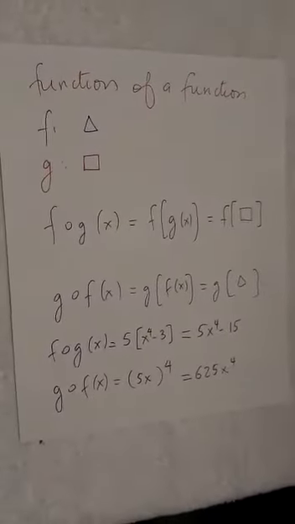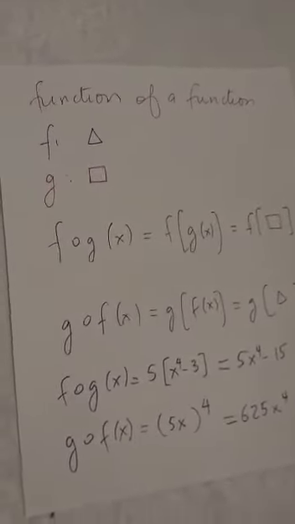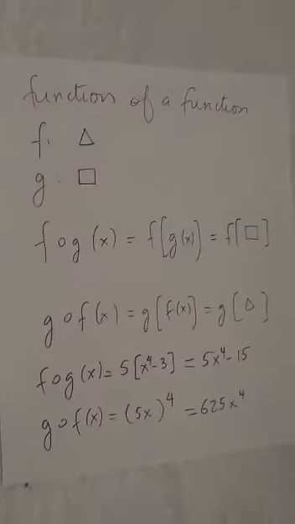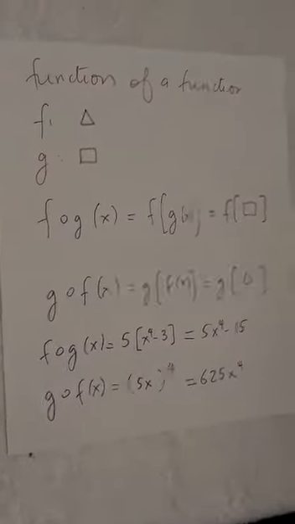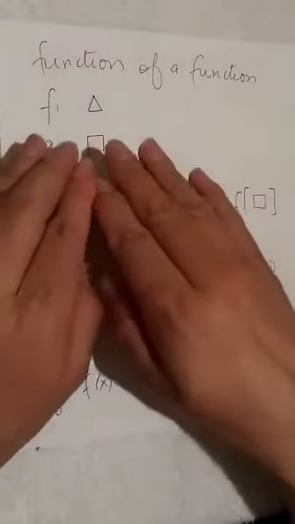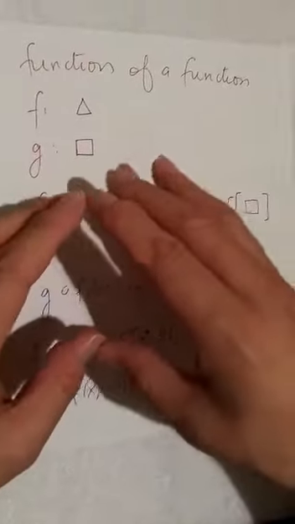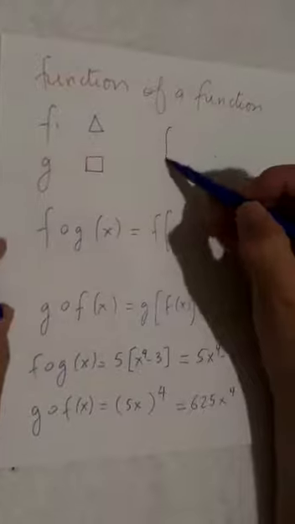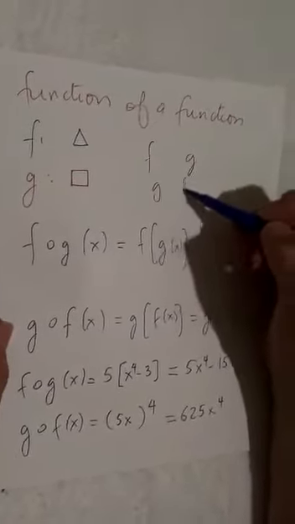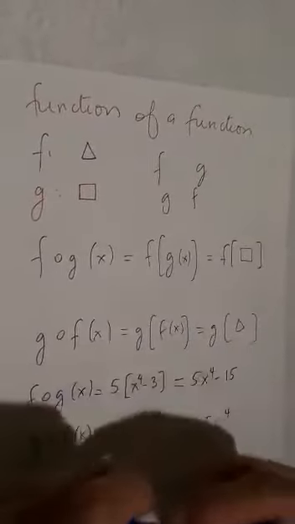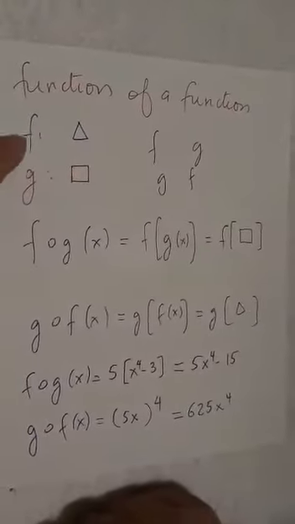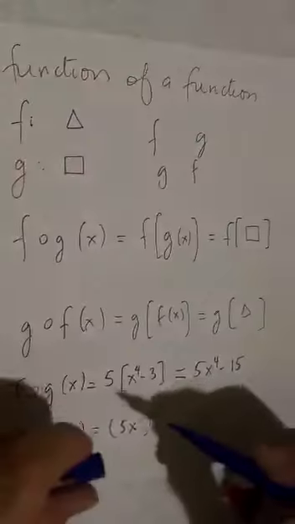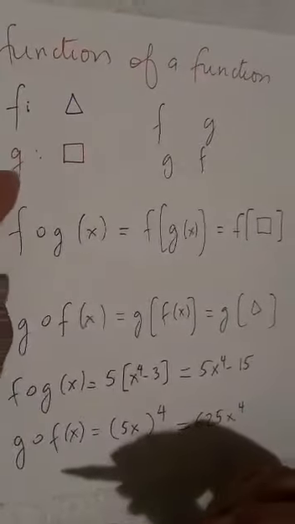In this video, we're going to introduce the composition of functions. Let's take two functions f and g, and a regular function is like a machine. But when you put two functions together, f and g, then you have sort of an assembly line. You have f here, you have g here, or you have g and then f. Okay, so let us represent the function f by this shape here, triangle, and then g by a square or